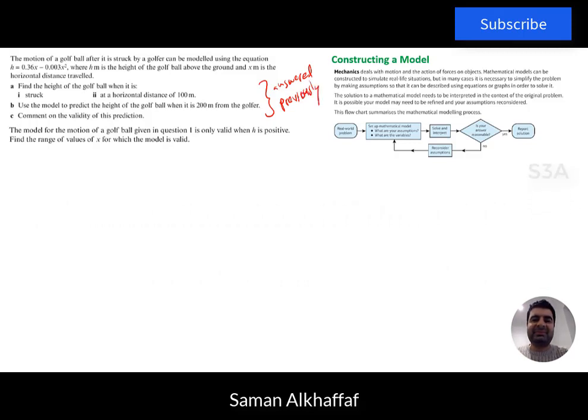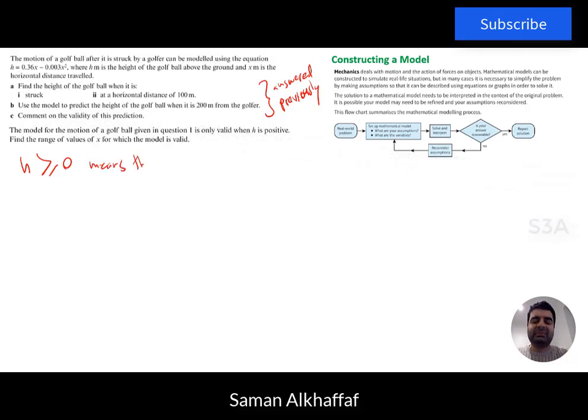Now we're looking mainly at the model for the motion of a golf ball. We need to find when h is positive and the range of values of x for which the model is valid. So in this scenario, we have h being bigger than or equal to 0, which means that